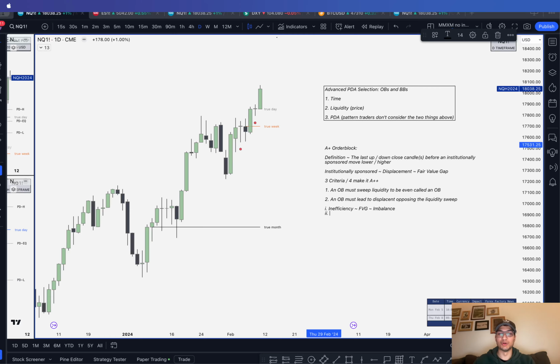Yusuf, I've probably said this to you 100 times. Structure? Structure. Market structure. More specifically, a market structure what? Shift. You can't have an order block that's sweeping liquidity and leading to displacement without a market structure shift after the liquidity sweep, right? Because that down close candle, if it's the area of institutional sponsorship, right? So,